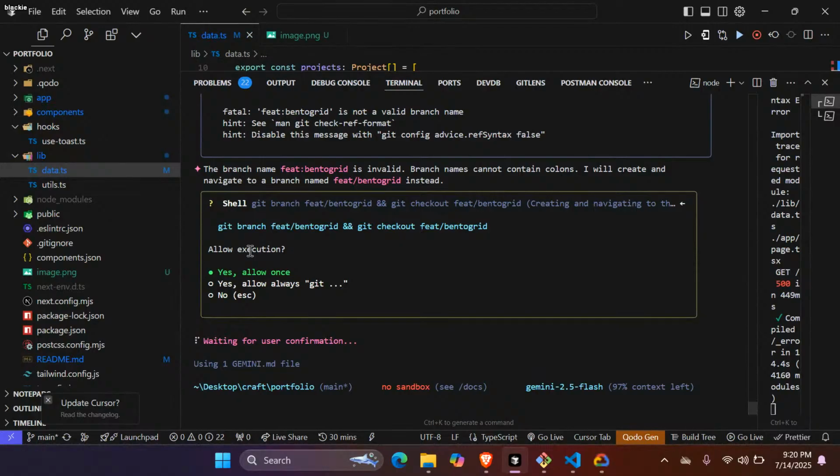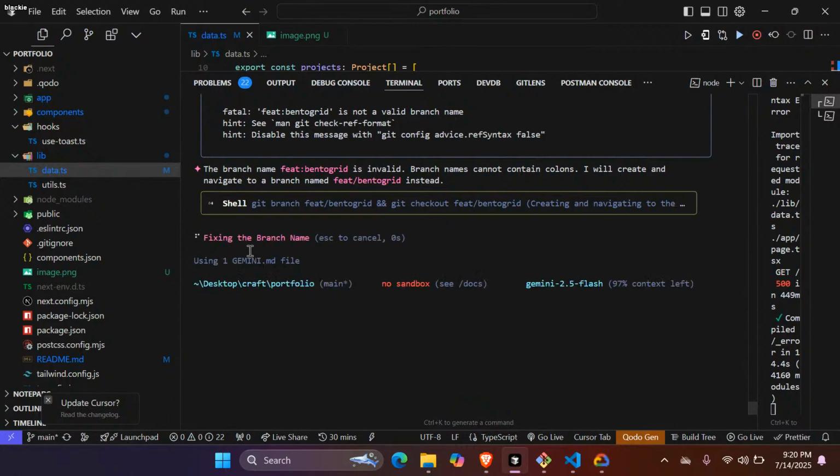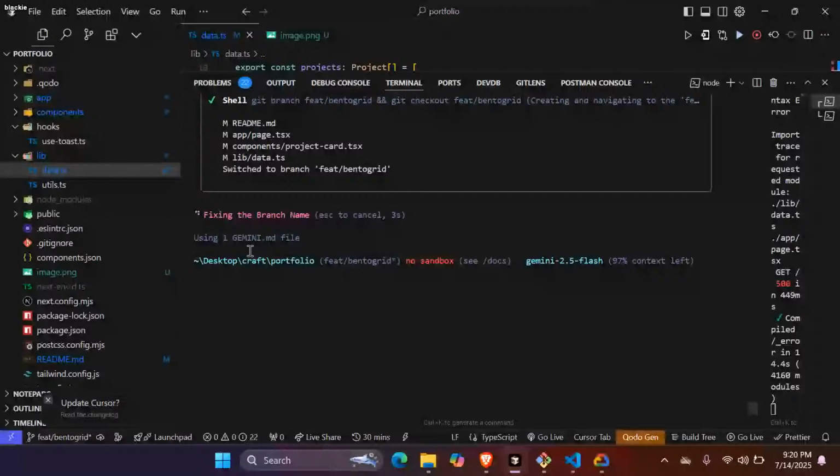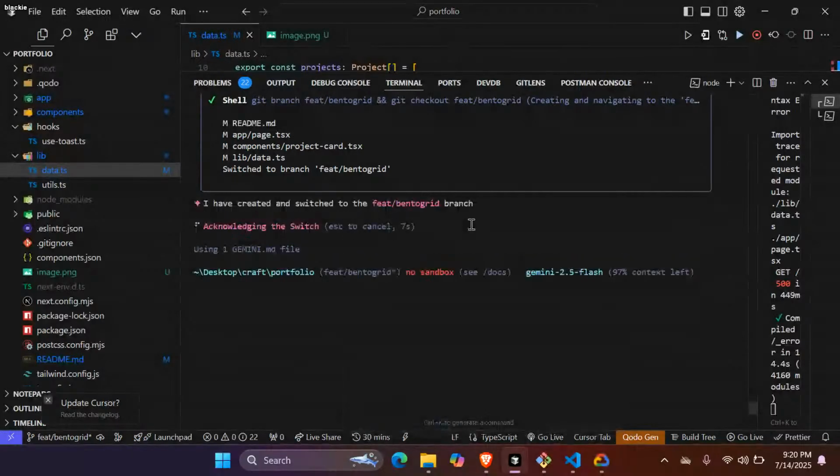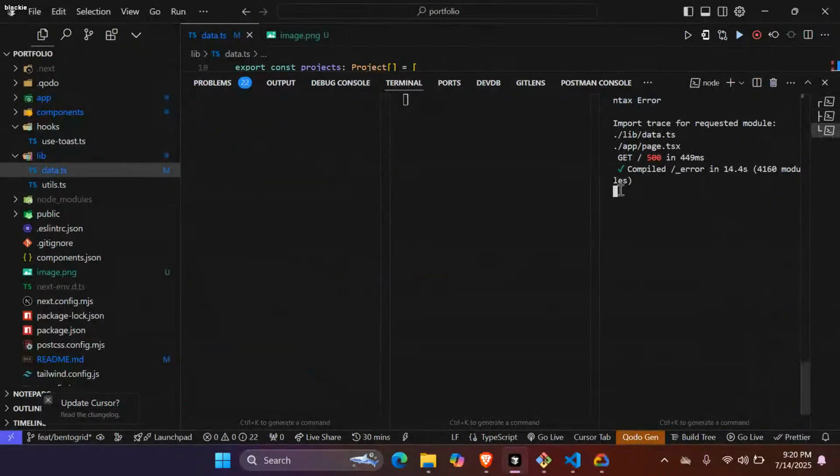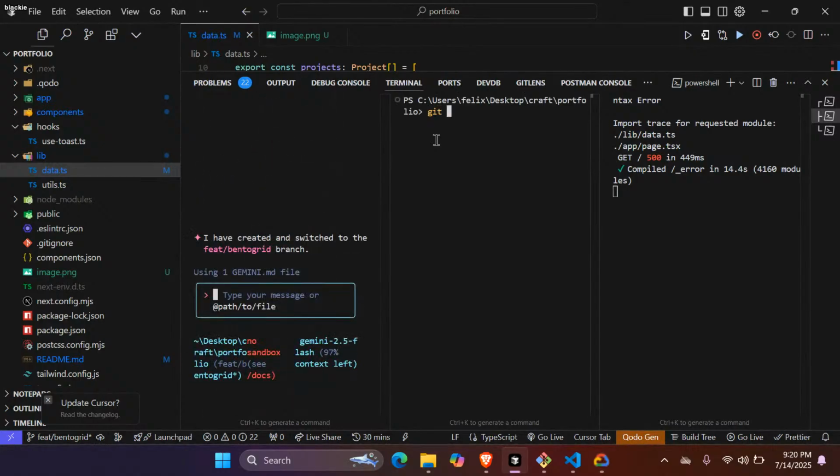Not branch name. Okay. Always read a command before you accept it. It acknowledges it has switched to the branch. Let me do git status first.